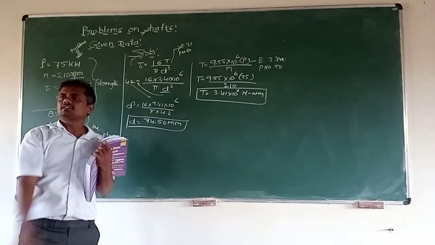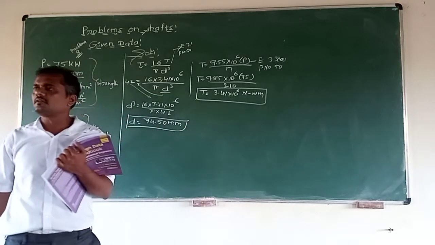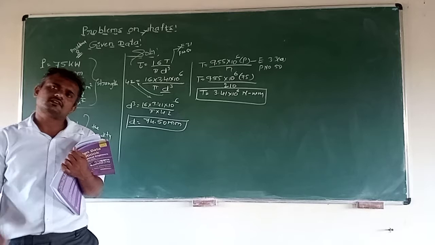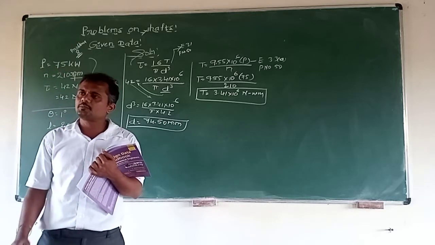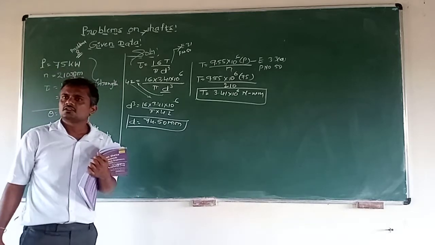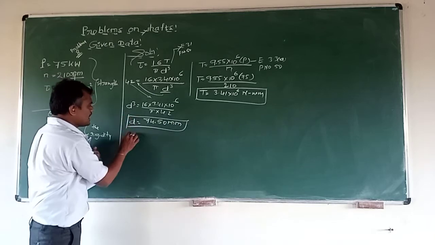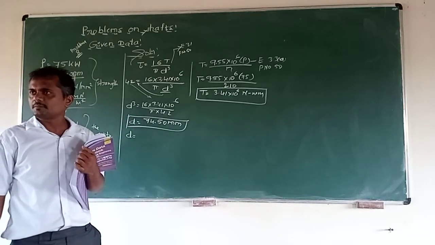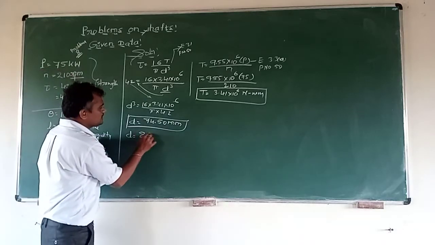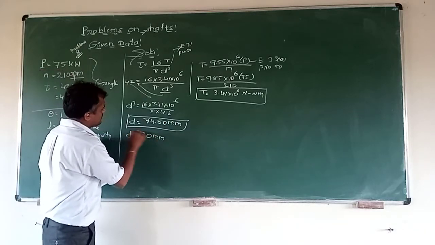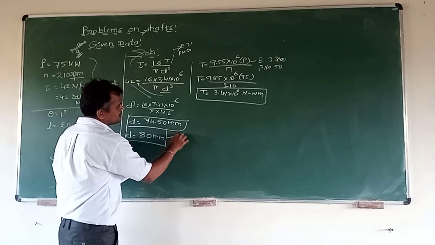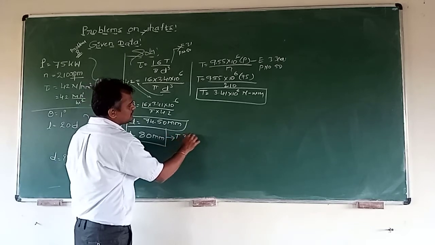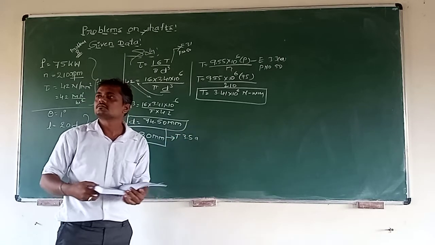See, I don't want to explain the procedure to calculate the value of d in the calculator. I have explained it in every problem, so I will directly write it. Afterwards I have to search in the standard table, that is 3.5 in page number 57, right? What is the answer you are getting? So you can refer to table 3.5a.